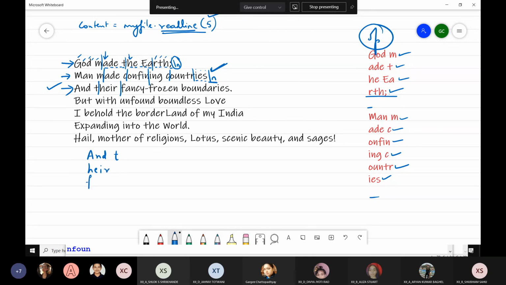Then fancy. After fancy, there is a hyphen. So 1, 2, 3, 4, 5 till Z. Then EN space BO. Then UNDAR. Then IES and full stop. So this is going to be the output.